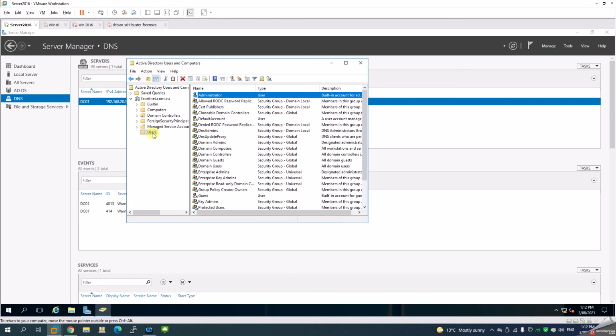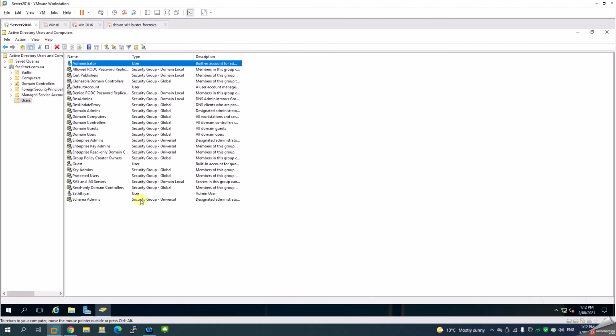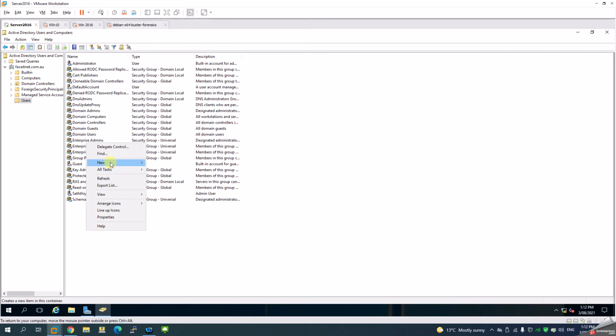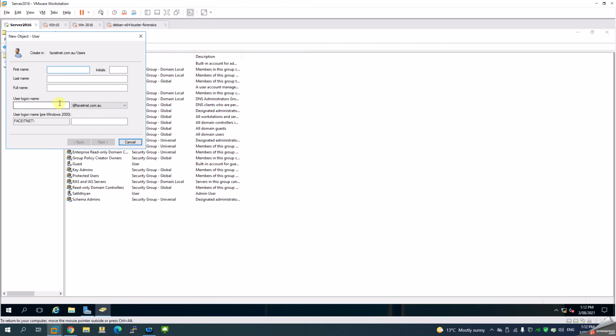We will have to create some organizational units to put the users in the right format so it's easy to manage. But again, those are next levels. I'm going to create a new user to show you how. So you don't need to go to each and every computer and create a user now. All you have to do is go here, right click, go to new and create user, give a name, right? So you can give a name here,